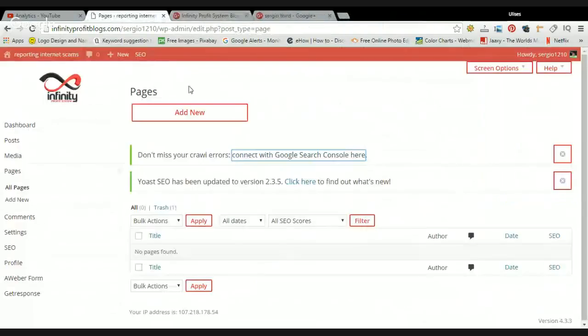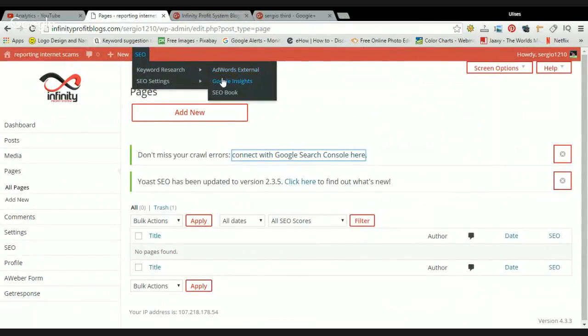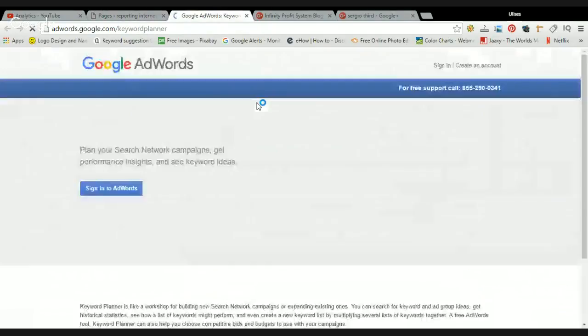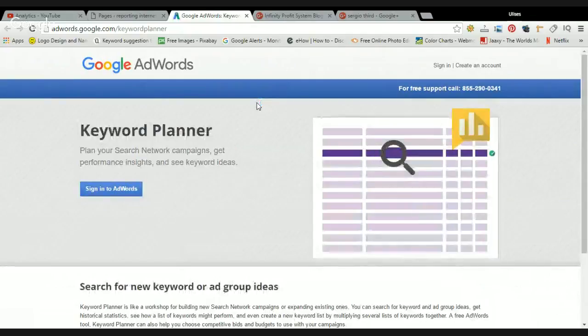And also you can do keyword research here: keyword research, AdWords, Google Insights, SEO Book. This one, AdWords external, lets you open another window for Google Keyword Planner or Google AdWords, where you can find Google Keyword Planner or Google Display Planner, just to find some